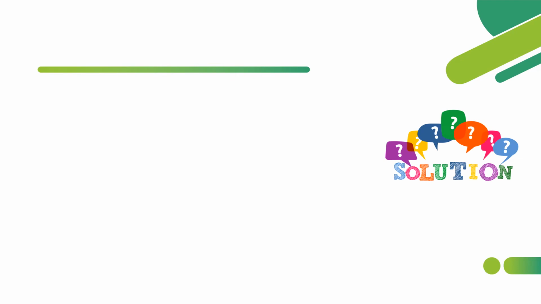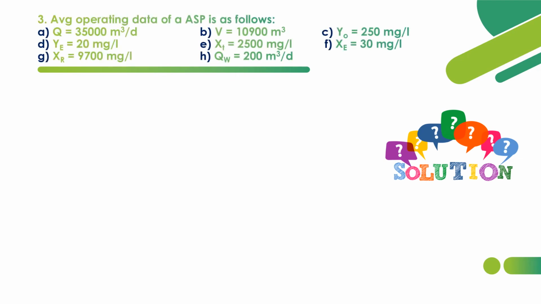So now let's see the third question. Here they have given 8 data items regarding an ASP treatment plant. Average operating data of ASP is given: first one is Q, that is wastewater flow, 35,000 meter cube per day, and V is volume of the plant, or the capacity, as 10,900 meter cube, and Y0 is influent BOD concentration 250 milligram per liter, YE is effluent BOD 20 milligram per liter, and XT, that is